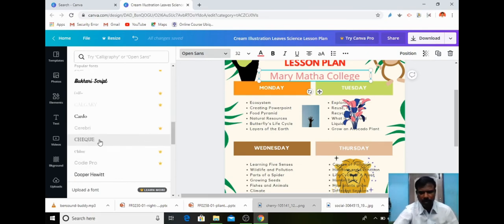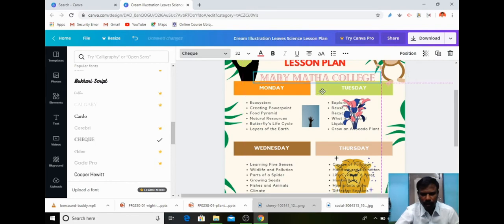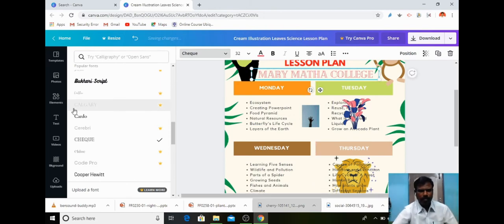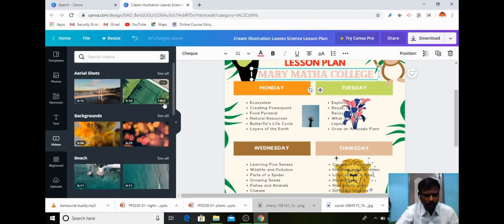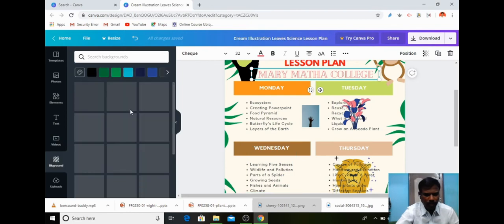So here, now I made the text. If you want to enlarge, you can enlarge. Now I can move it a little bit, so I can align it. That's all. So text, you can add video also. So here that video will be listing. From this you can add any number of videos to our design. And backgrounds, if you want backgrounds, you can add backgrounds also.